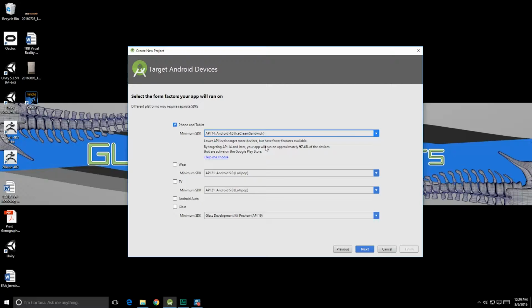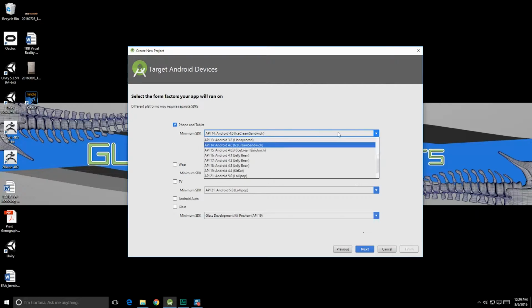And my intent in this class is to get you to make apps that you can actually release out there into the wild and create something interesting. So we're going to make sure we target a range of devices that's large enough to make you money, but not so old that we're dealing with buggy stuff and old functionality that really has no realm